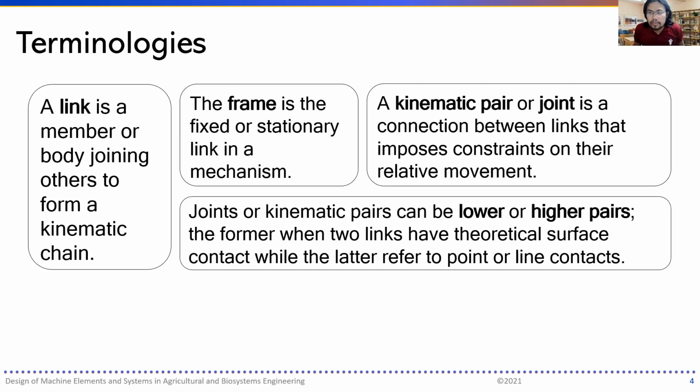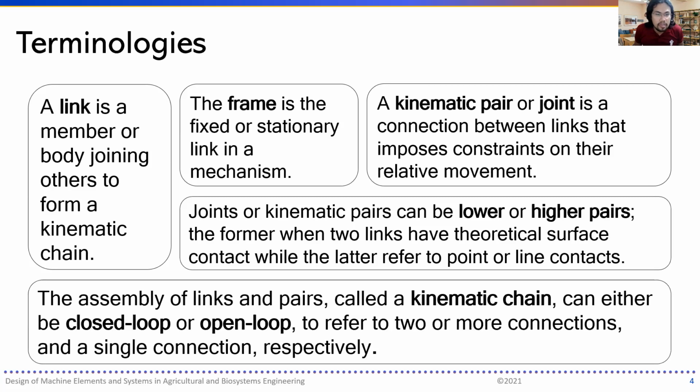And then lastly, we'll talk about the specific type of kinematic chain called closed or open loop. And this refers to two or more connections, that is the closed loop. And you have a single connection, which is an open loop. I think that's enough for the very basic terms. There are more terms to be discussed in the next lecture video,